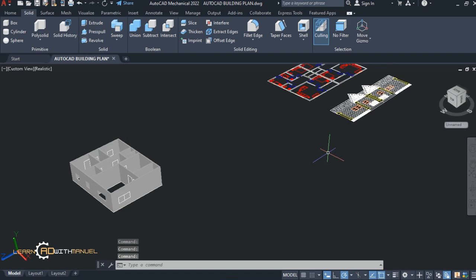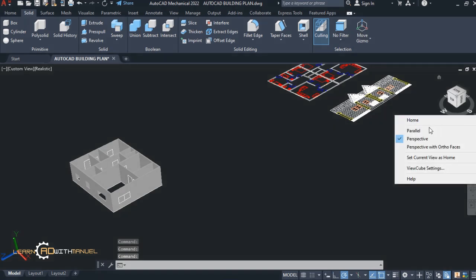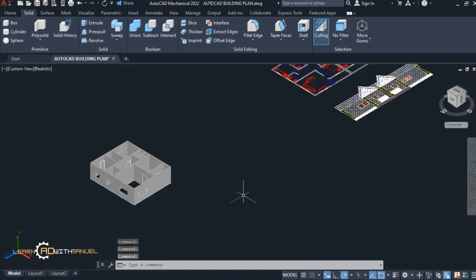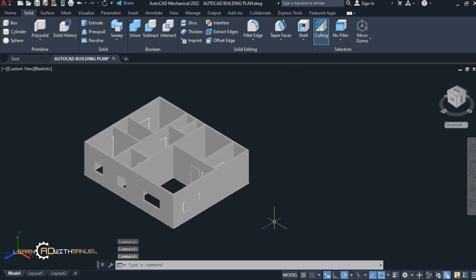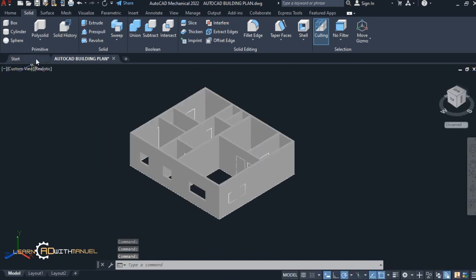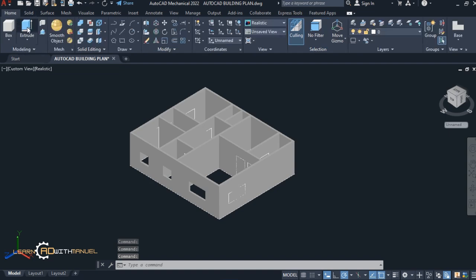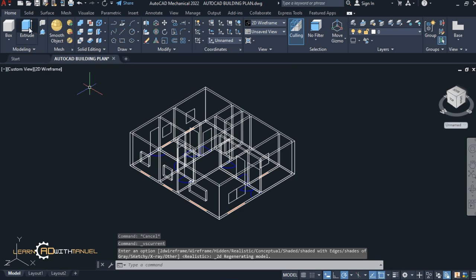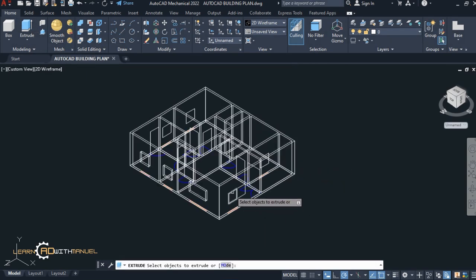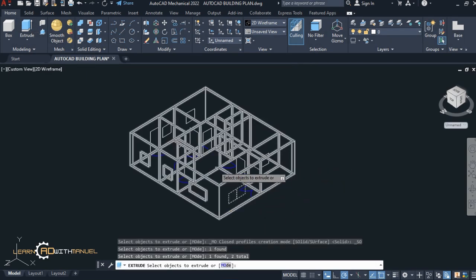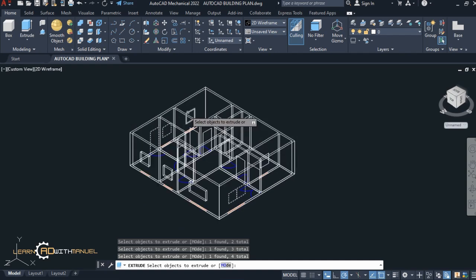And if yours is like this, please change yours to parallel, as you can see. So I'm going to have a suitable view. So the next thing for us is, let's go back to the extrude command and the 2D wireframe. So let's just continue from there. So I'm going to extrude this, let's say this door, this,